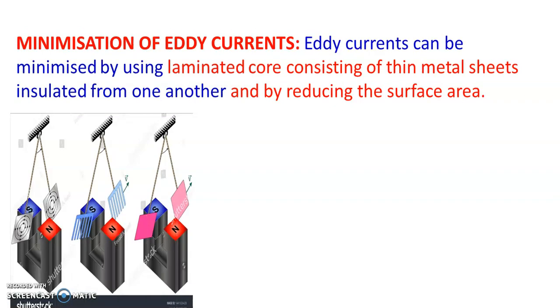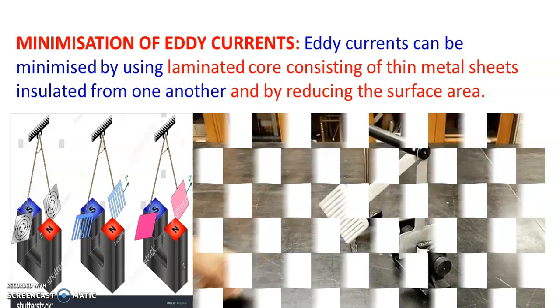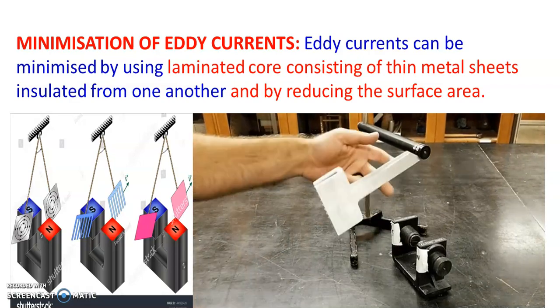Whenever you are having any such magnet, as you can see in this, we have a horseshoe magnet and this plate is oscillating throughout. The plate comes to a halt when there is no gap in between the plates, but these can be minimized by using the capped plates. We would like to show through an activity.